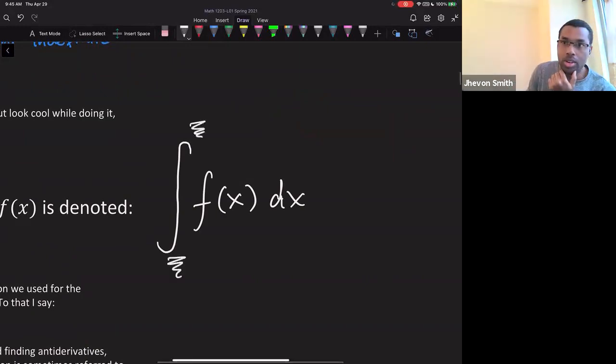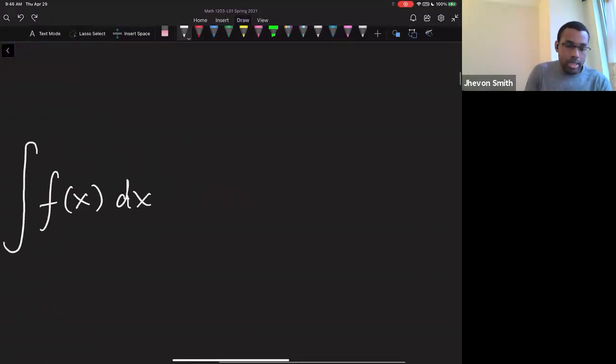And of course, that's correct because no one even mentioned any interval. We don't know where the interval is. We also don't know what the arbitrary constant could be, right? So this guy is called the indefinite integral